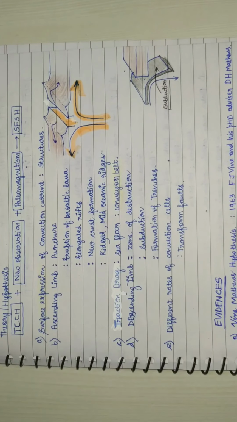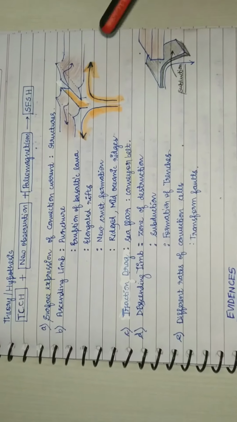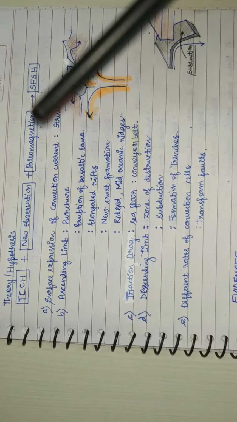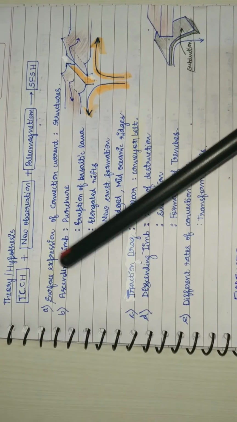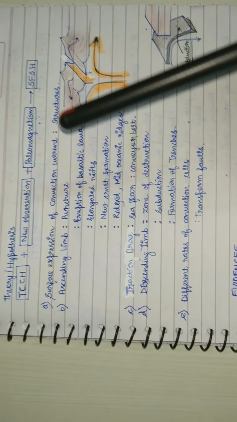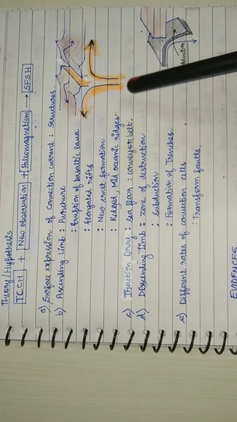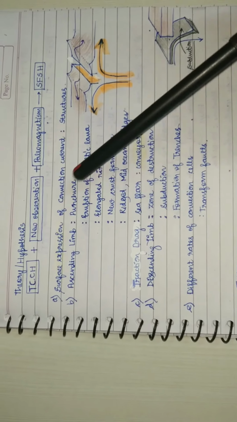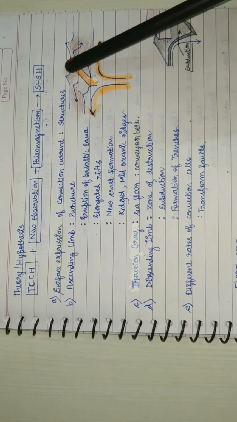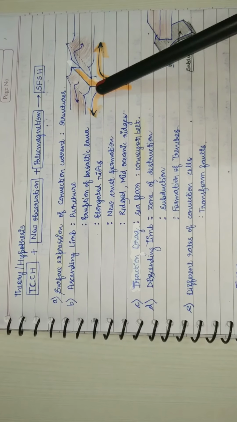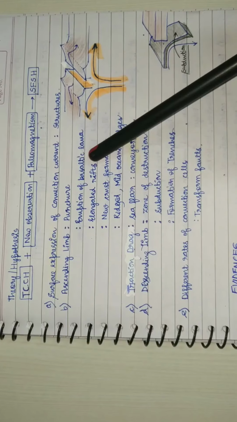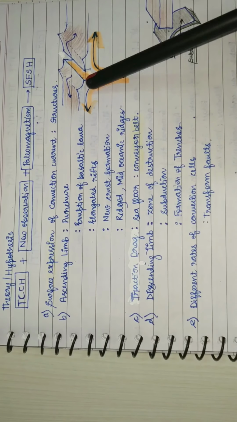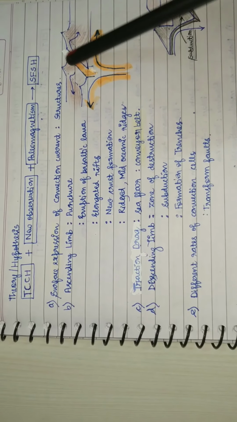Now, based on these observations, Harry Hess postulated that the structures found on the ocean floors are actually the surface expression of the convection currents. Secondly, he postulated that the ascending limb, the traction drag, and the descending limb are the three parts of the cell. The ascending limb would cause a puncture on the ocean floor, leading to ocean formation. There would be eruption of basaltic lava. There would be elongated rifts, right? The new crust formation would start here, and there would be ridges, and this will be called the mid-oceanic ridge,